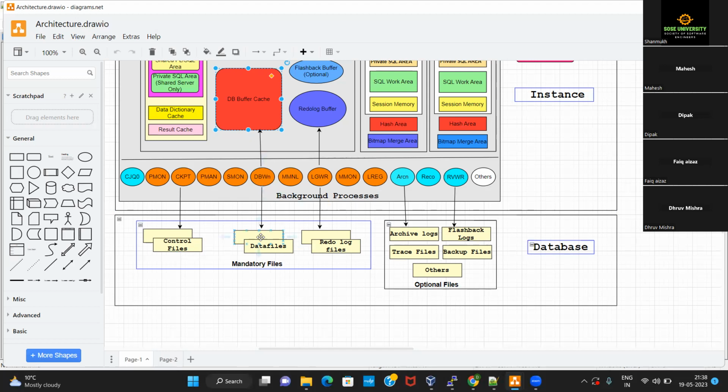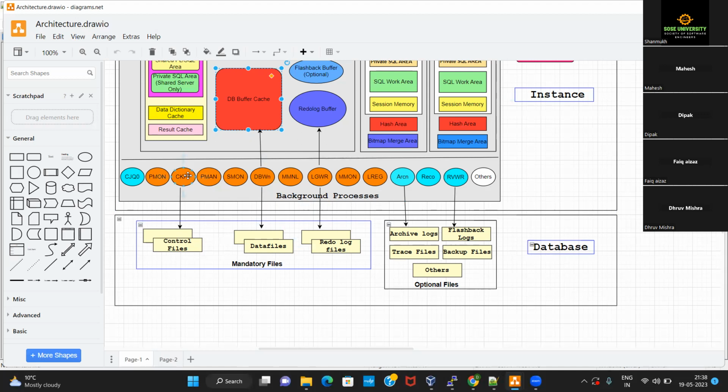Internally, if you look in the database, these background processes CKPT and DBWn will be continuously active.